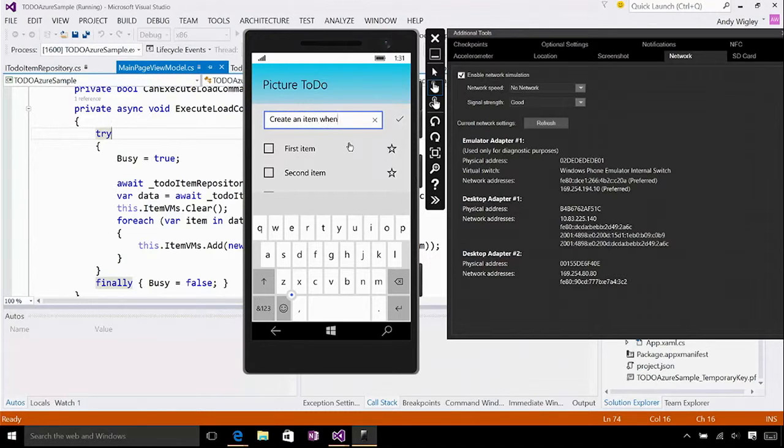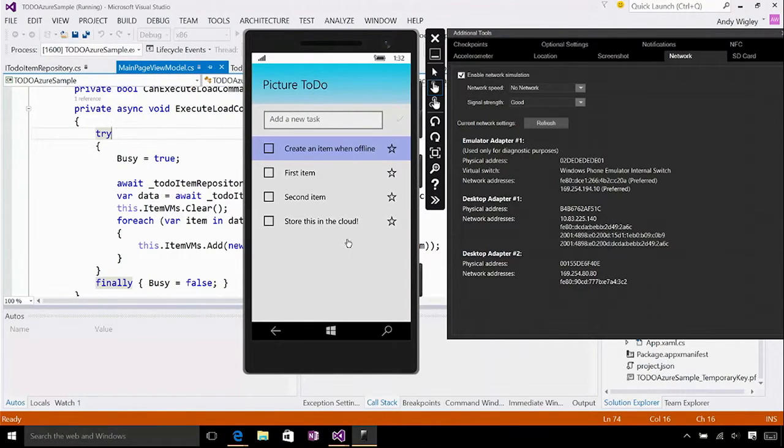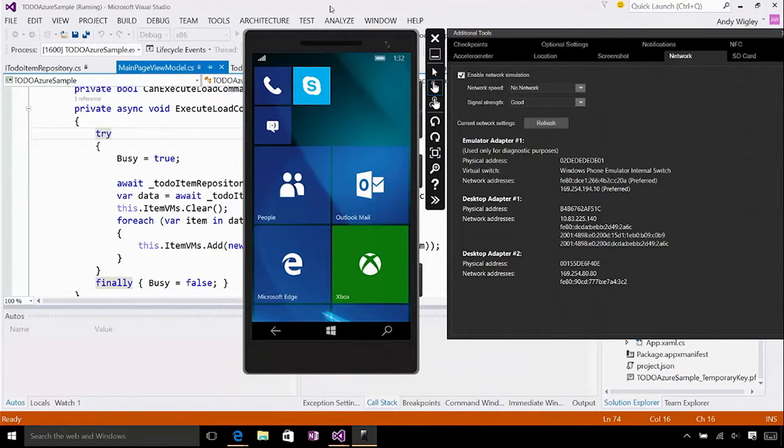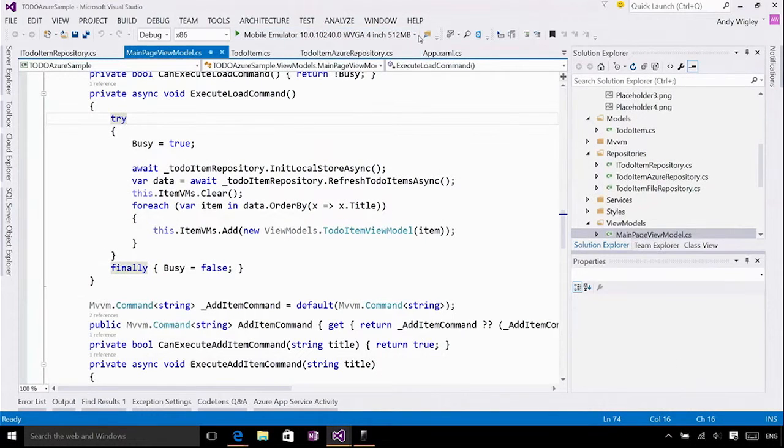We're offline now, so I'm going to create an item when offline. As far as the app is concerned, it's trying to sync, but its push has failed. Obviously you wouldn't show this in a production thing. But the app carries on working. We're storing stuff locally at this point. So we've got 4 items on the phone. But if we run it obviously on desktop,